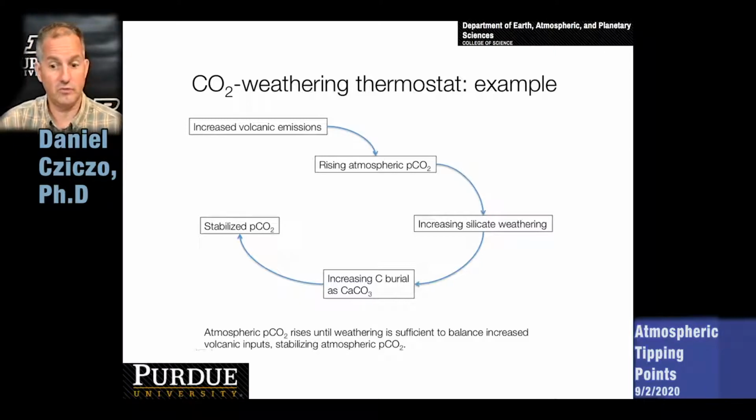So before humans, how would this work? You'd increase CO2, presumably by volcanoes, although there are some other sources. That would increase the amount of CO2 in the atmosphere. You would have a cycle where silicate rocks weathered that allowed for the burial of sediments, in this case calcium carbonate containing some of that carbon. That would lower the CO2 in the atmosphere, and you would be able to stabilize CO2 at some level, thereby leading to a relatively stable climate.